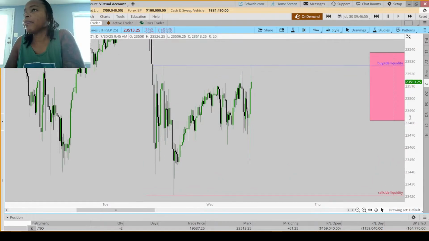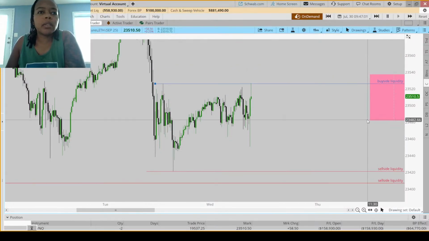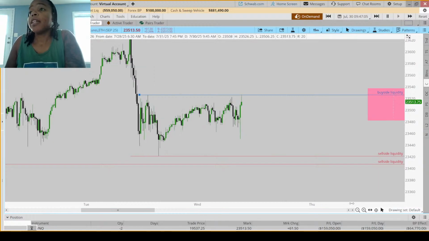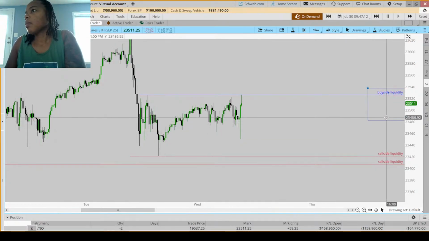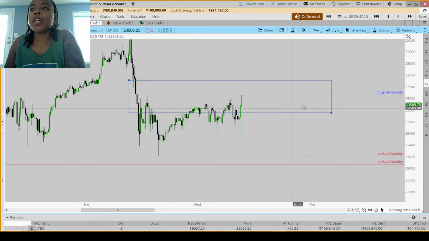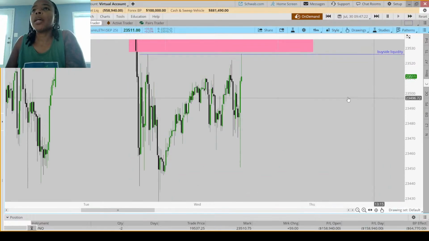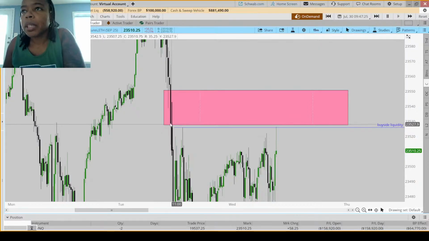I think I had this, I didn't quite have that above right there. So we did sweep that. Yeah, it does. Sometimes I can find a good setup, especially when there's no news coming out. Let me grab that. Before 9:45 for a continuation, we got this fair value gap here. So if we zoom in on that puppy, it's got a little break right there.